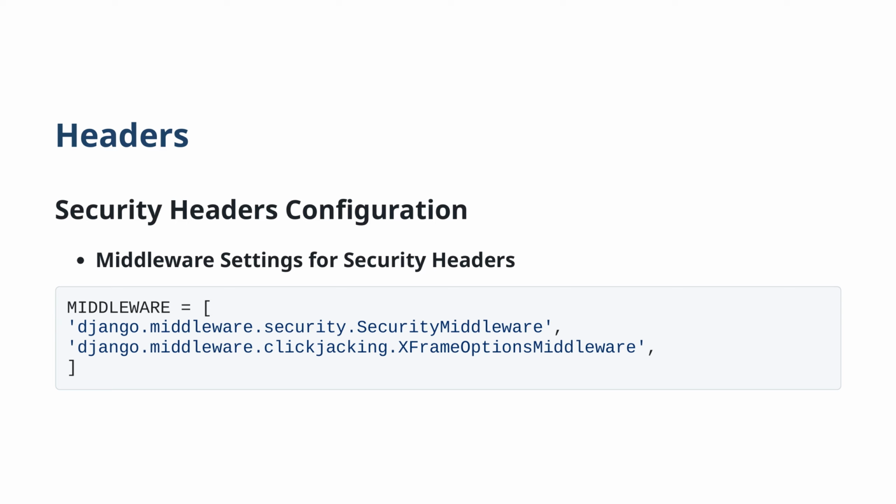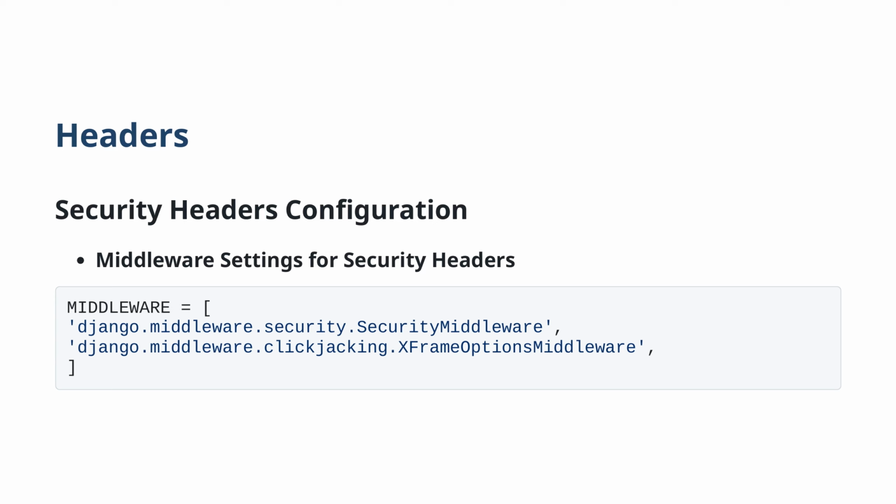In your middleware settings, include django.middleware.security.SecurityMiddleware and django.middleware.clickjacking.XFrameOptionsMiddleware. Here's how you can set it up in your settings.py file. Python MIDDLEWARE: django.middleware.security.SecurityMiddleware,